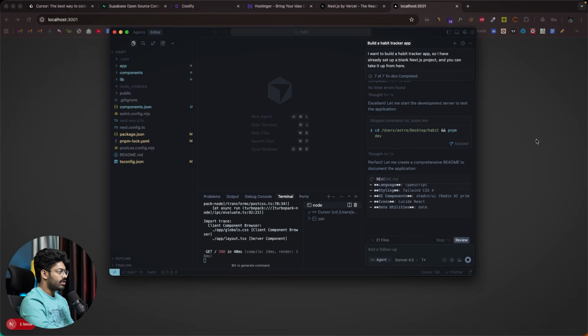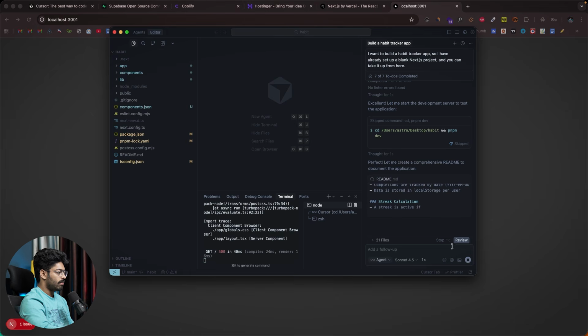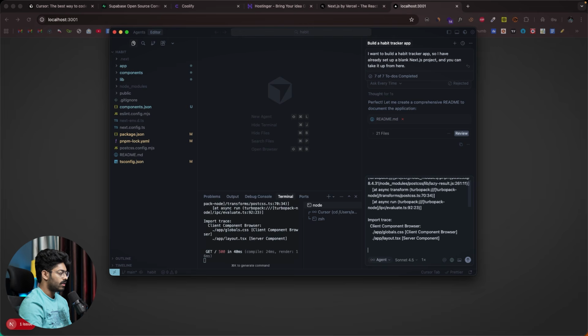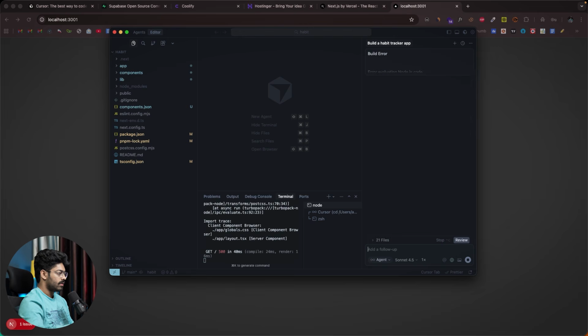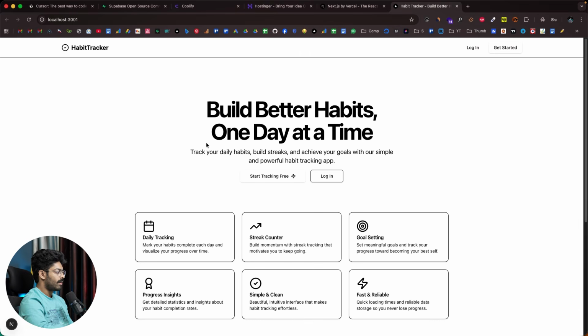Okay, it seems like the initial version is ready, but we have some errors, so I'll just copy the error. Maybe I can stop it for now, and I can simply enter that in here. Please fix the following error. Okay, let's wait for Cursor to fix the error first. Alright, so the error is now fixed, and this right here is the simple version of the habit tracker app